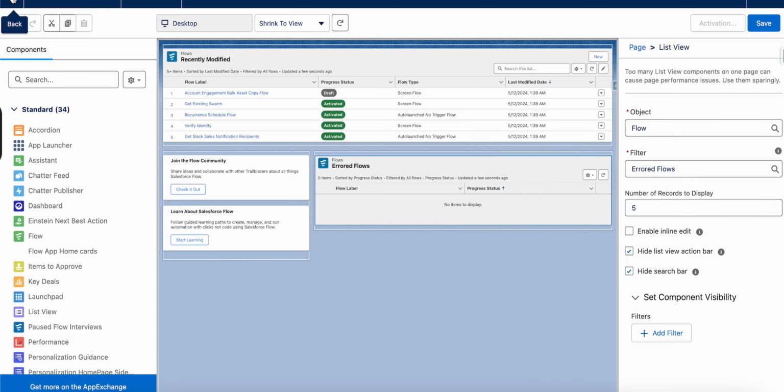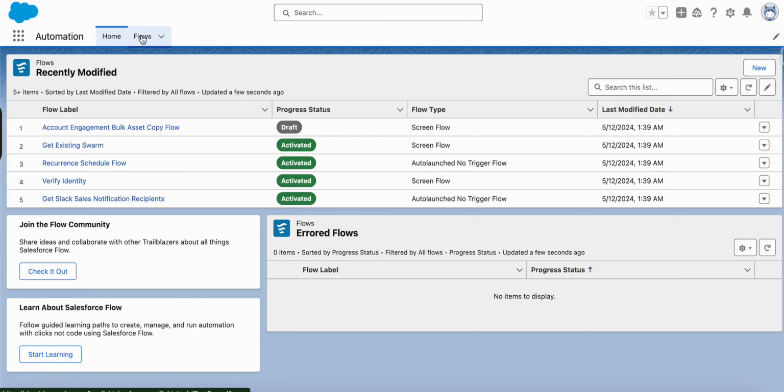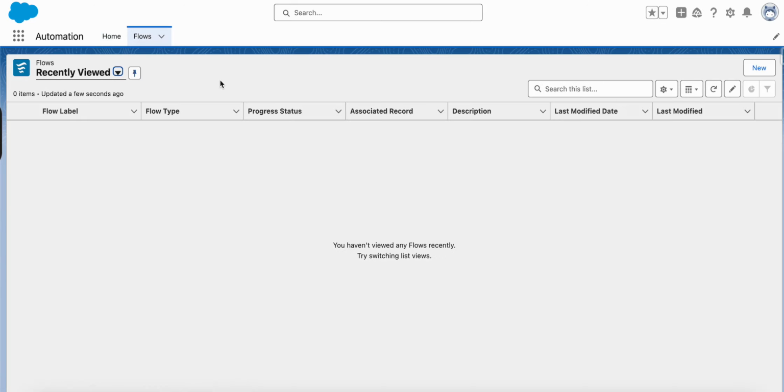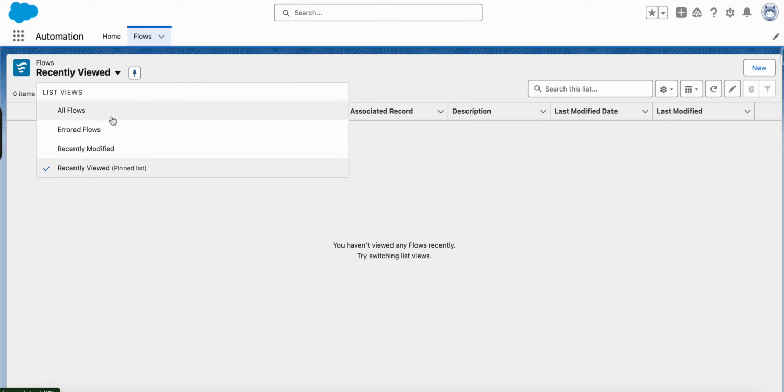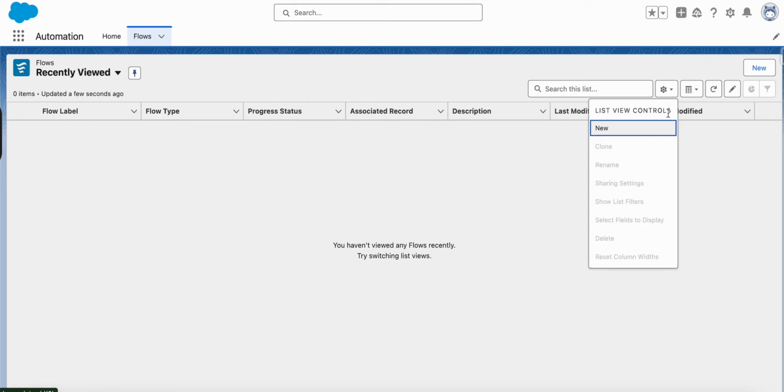Now let's go back, and there's another tab called Flows. Similar to what we used to have, a tab for an object, we now have a tab for flow. In this particular Flow tab, we can have different list views. By default, Salesforce provides four list views: All Flows, Error Flows, Recently Modified, and Recently Viewed. We can create a new list view from here,